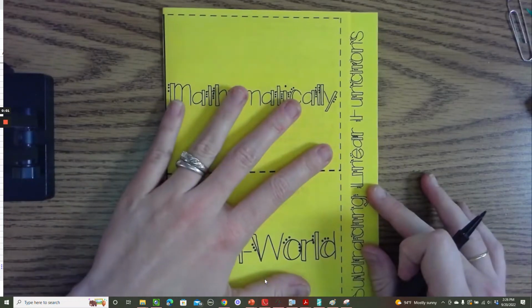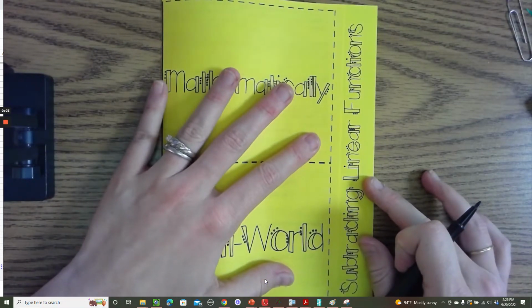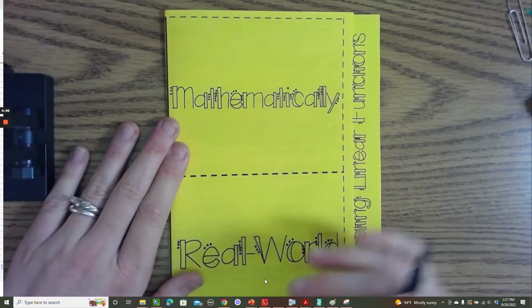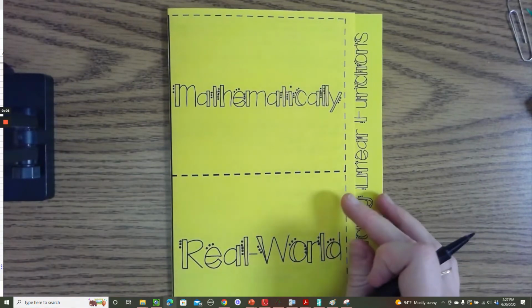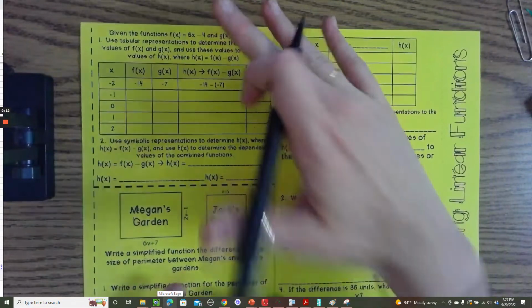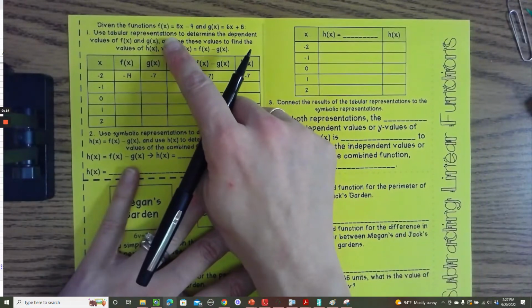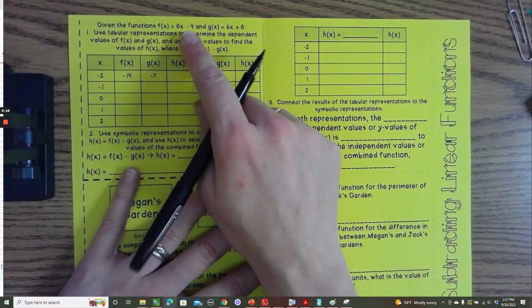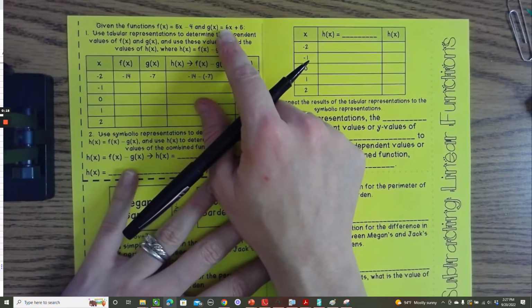This video is for the subtracting linear functions foldable. We're going to look at it mathematically and then in the real world. So we're going to do the same thing that we did when we added functions. Given the functions f of x equals 5x minus 4 and g of x equals 6x plus 5, we're